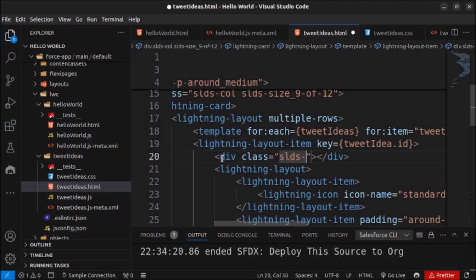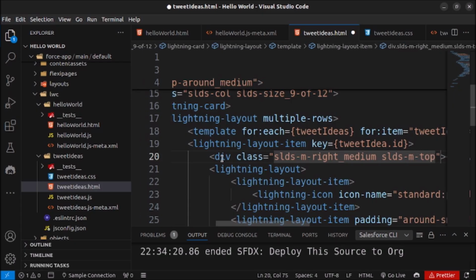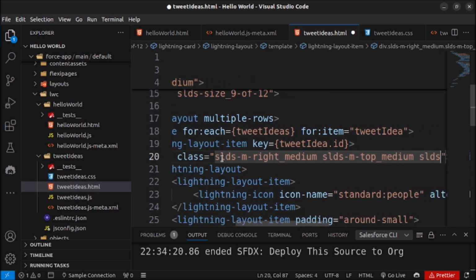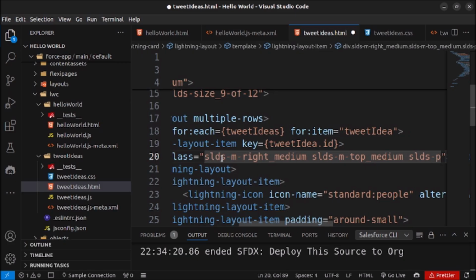We will give the margin SLDS m-right underscore medium, and SLDS m-top underscore medium, and then SLDS p-around